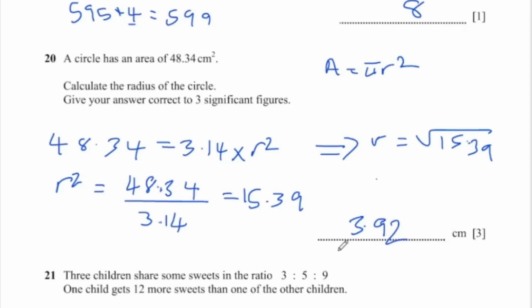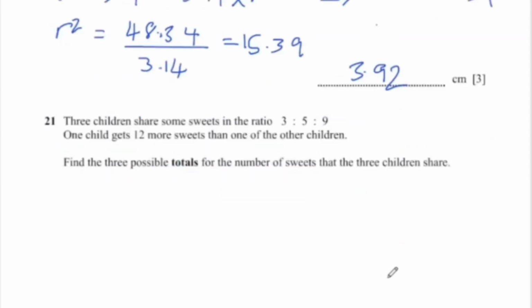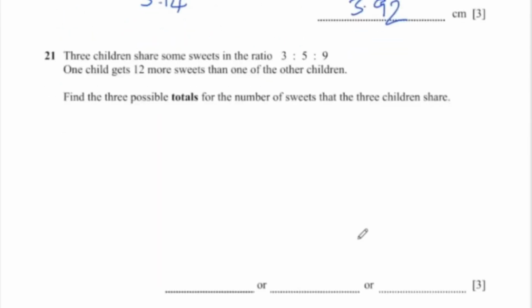Now let's go to question 21. It says 3 children share some sweets in the ratio 3:5:9. One gets 12 more sweets than one of the other children. Find the 3 possible totals for the number of sweets that the 3 children share. Since it's a ratio, we know that they are multiplying by a constant number. Let that number be x. So basically, we have 3x,